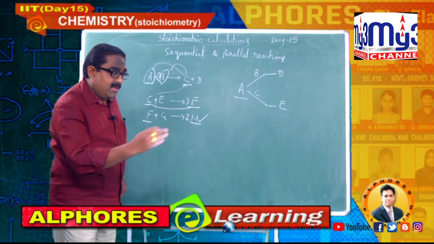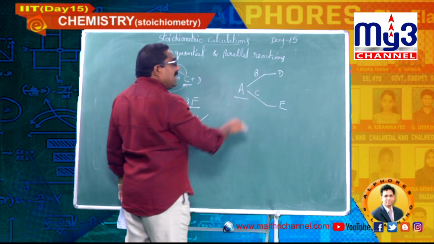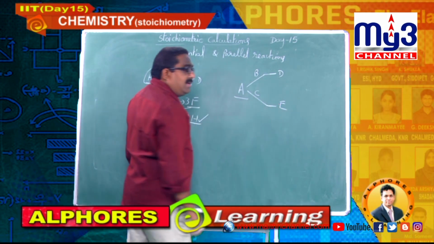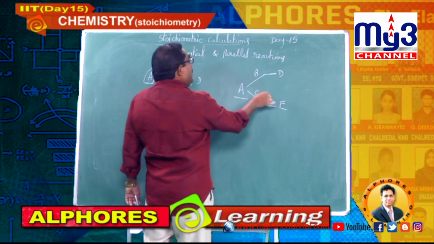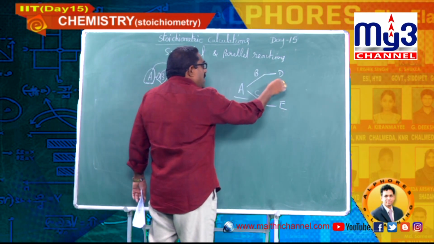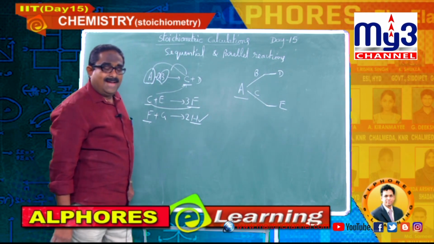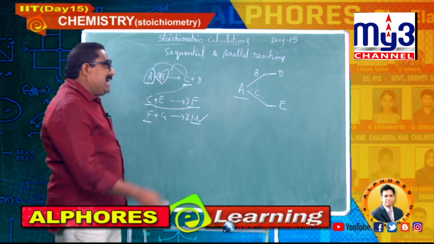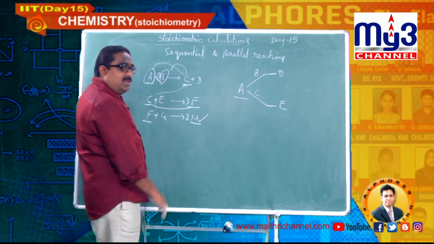For the given moles of A, some moles will react with C and some part of A will react with B. It means at the same time you will get some moles of D and some moles of E. So based on the data of D and E, you can estimate the moles of A, or you will be given A, B and E, and you can calculate D and C. If you have a total of 5 chemicals, if you are given 3, you can calculate the remaining 2. Again, in that, weight-volume reactions may take place. So these are the approaches.